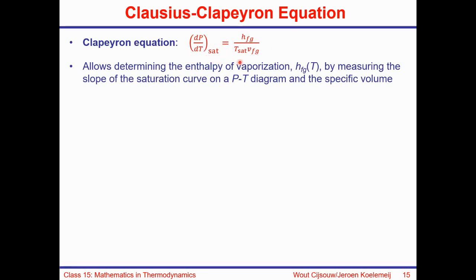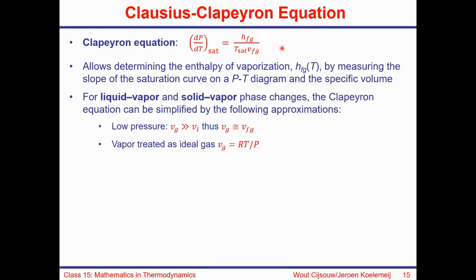And if we know the temperature and the specific volume, then we can determine the enthalpy of vaporization, which is a very useful tool to have as a thermodynamics engineer. Now, you still have to determine this specific volume, which can be done, but it's an additional complication. So if we could find a way to get rid of that, then that would make life simpler. And we can actually do this,